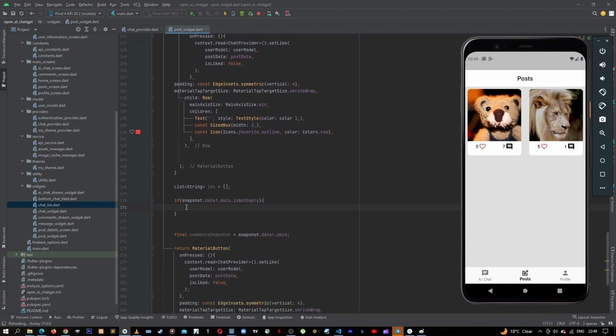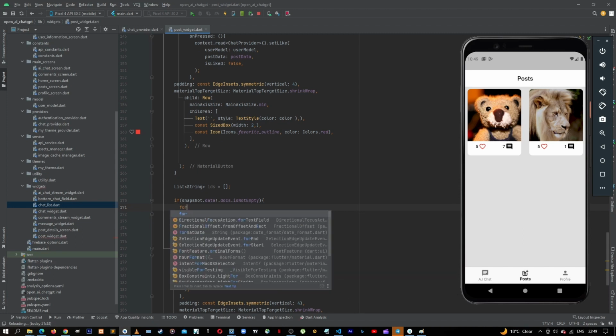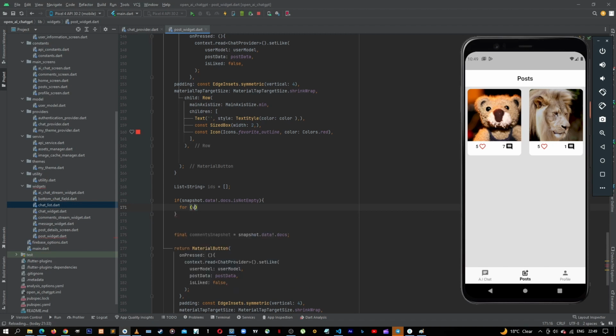So here, if it is not empty, we are going to loop through all the data. We're getting for variable document in snapshot dot data dot docs,